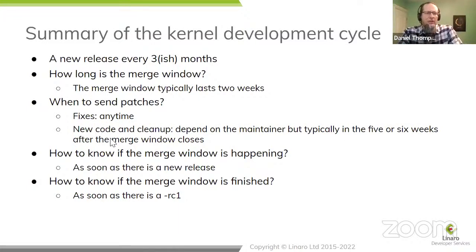So you can send code and cleanups anytime you like, but it does depend on the maintainer's preferences. But typically it is most efficient for the 5 or 6 weeks after the merge window closes. Certainly if you're trying to schedule upstream work and other activities, try to make yourself available for the 5 and 6 weeks after the merge window closes, or maybe 2 weeks, maybe start at the merge window, do the development, get it ready for RC1 and so on. Trying to hit RC1 with new code is a good way to do project planning.